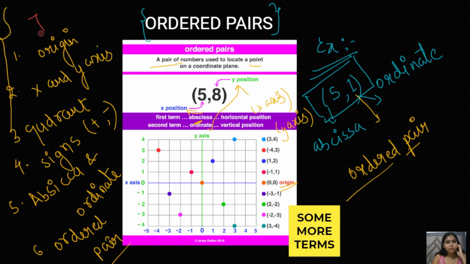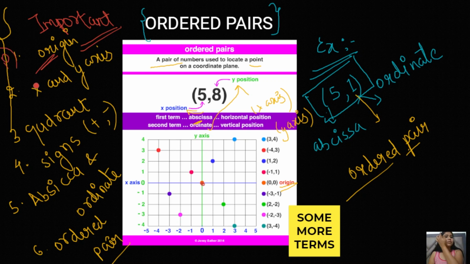Before starting plotting a point, before starting using the graph, you must know what actually a graph is, what actually the Cartesian plane is. That is why I am telling you very basic things here, like what is the origin. Let's discuss it again so that you can't forget it. This is the origin where the 2 lines intersect with each other. This is called the origin, generally represented by (0, 0).